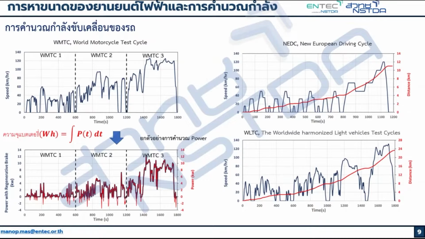On the right hand is the driving cycle for sedan or pickup. There are 2 types, NSTDA. If it's the new one, it's WLTC. This one on the left hand, we calculate by knowing the motorcycle specification. We can calculate the power. The highest power for WMTC 2,